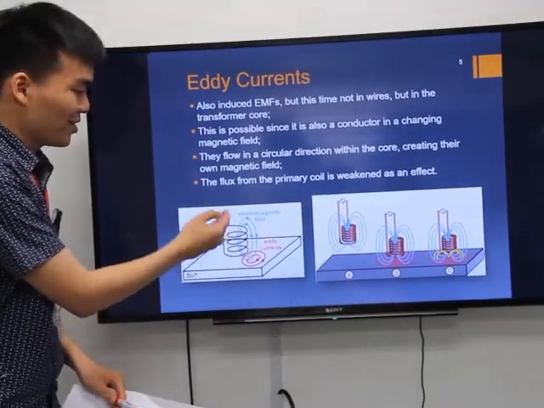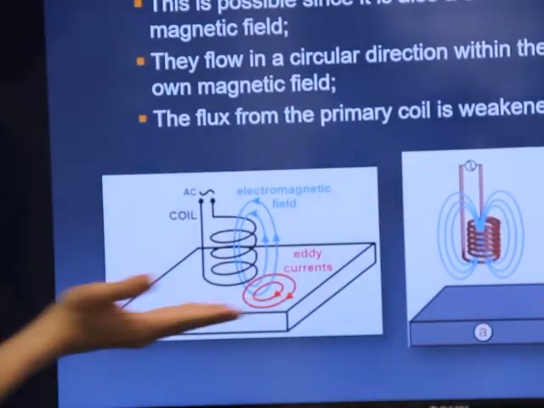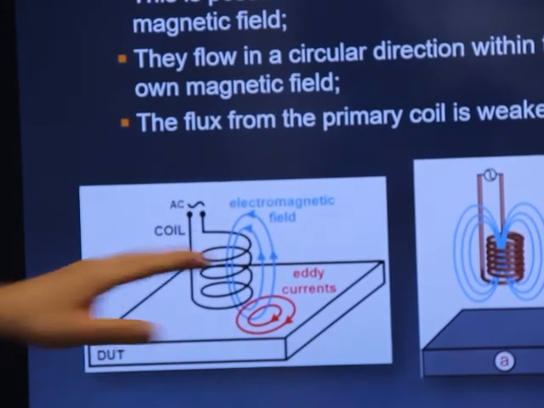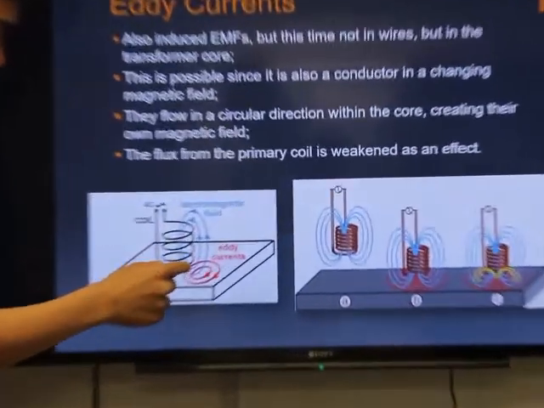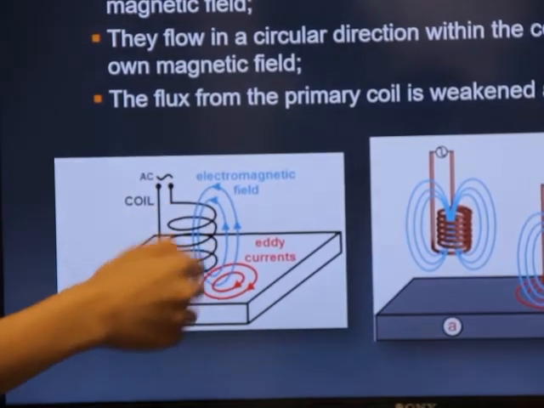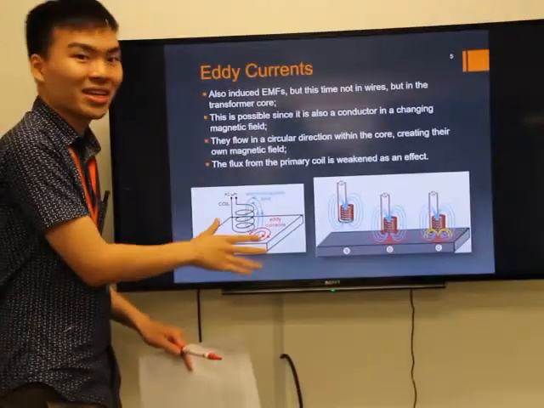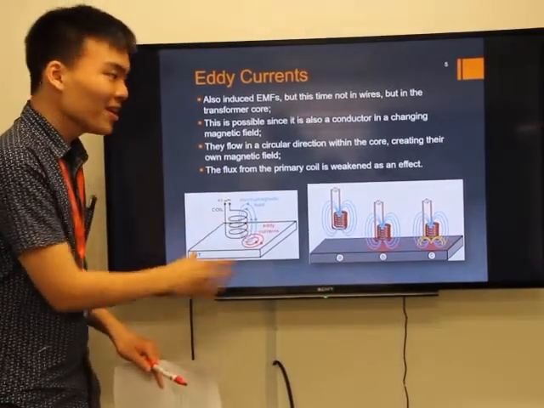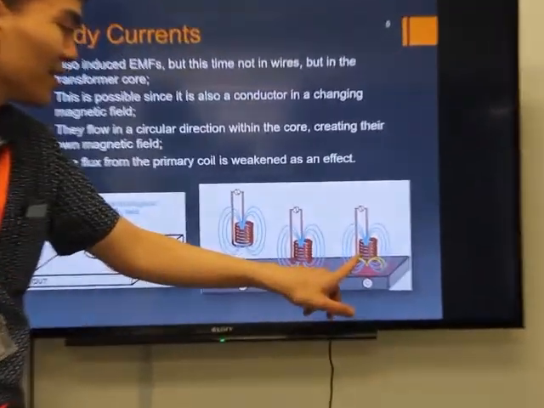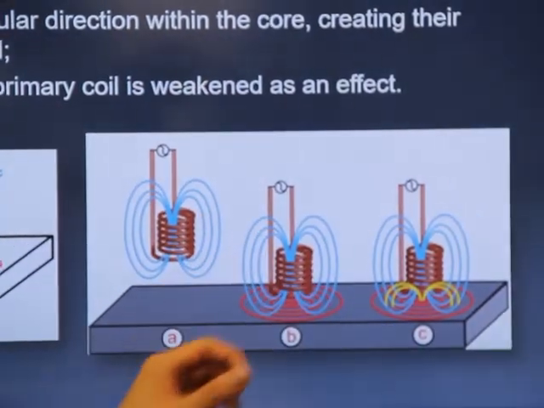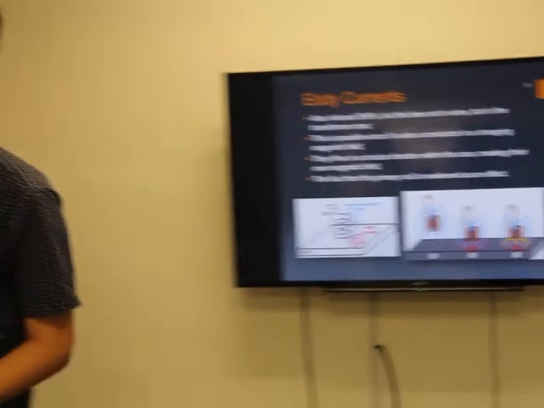So we have this AC coil here, and for one instance, the magnetic flux will flow around this way. And since this is a conducting plane, we can use the right hand rule to determine in which direction the eddy current will flow. But what we need to know here is that as long as a magnetic field passes through the plane conductor, this current will form, and the current itself will make another magnetic field, as shown here, which will counter the field from the coil. And how this is important in a transformer